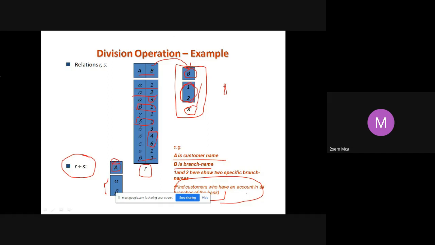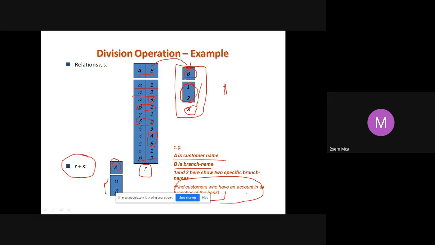But in S, what have we taken? We have taken just 2 values, 1 and 2. That's all. I need not take everything. For that matter, I cannot take something different like 7, 8. I can't take it because it is a subset. So I'll have to take care of that.